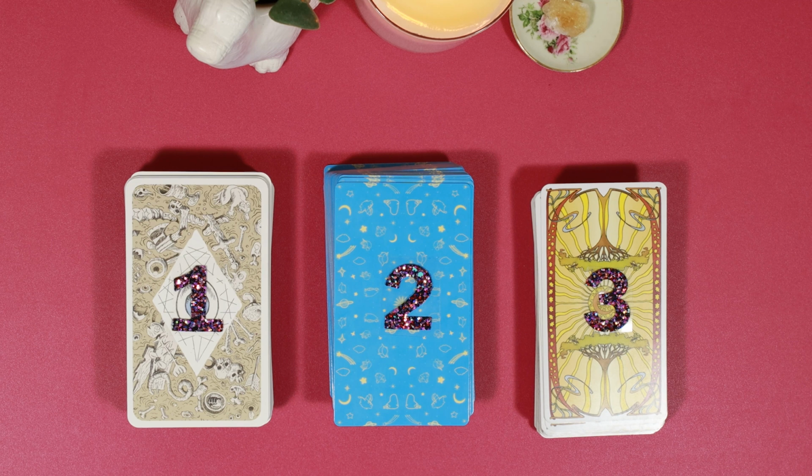I know there are places that do adult readings all the time. And if that's something that you want, let me know. I will do more of them. But anyway, just to let you know, so a pick a card reading is where you get to